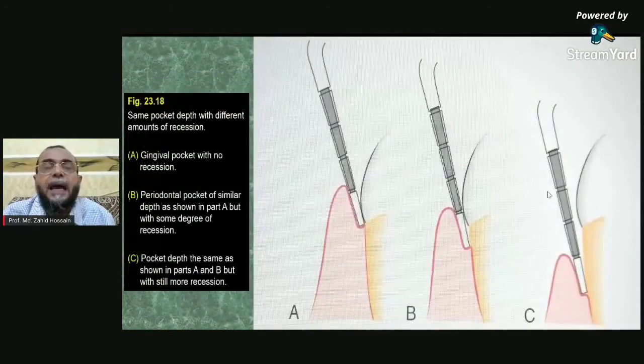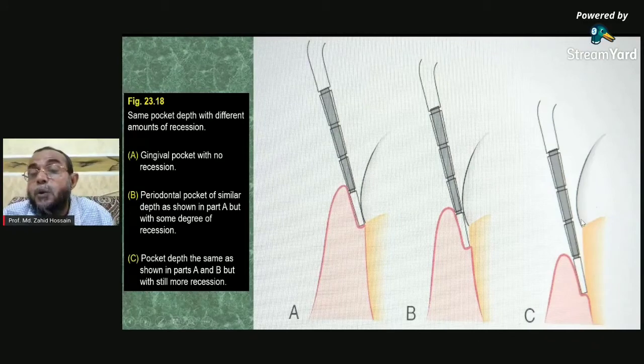You see, this is normal, it is up to 1 millimeter. Oh no, it is 3 millimeters, almost 3 millimeters. You can think that the junctional epithelium is still attached at the cemento-enamel junction. This is a normal condition. But when the junctional epithelium has migrated apically, it is a true pocket, because attachment loss has already occurred. And here more and more tissue is lost, and you will find recession. From here to here, from the cemento-enamel junction to this place, is recession, and this is the pocket depth. So recession plus pocket means more attachment loss, but probing depth is still the same. So you find three conditions.